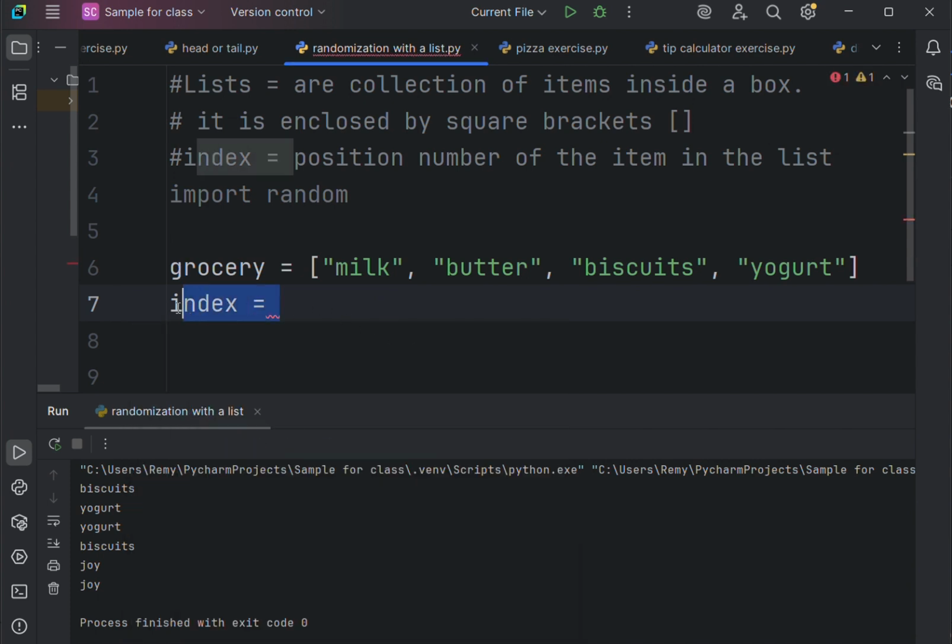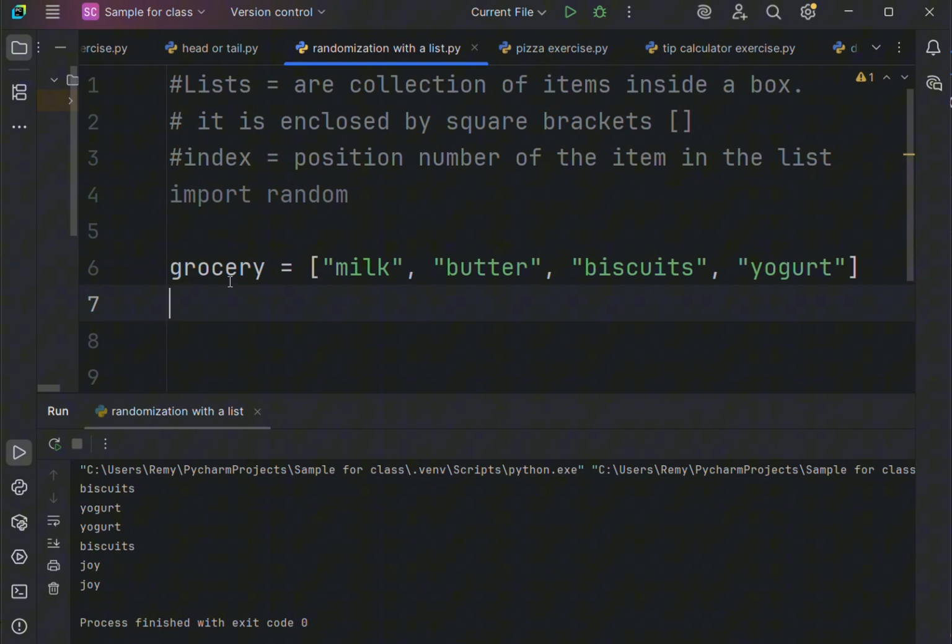Index is the position number of the item in the list. So milk's position is 0, butter is 1, biscuit is 2, and yogurt is 3. All right, so again, list and index are very important terms that we will be using today.